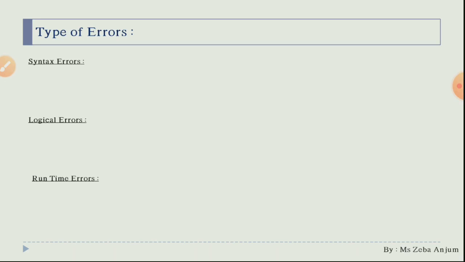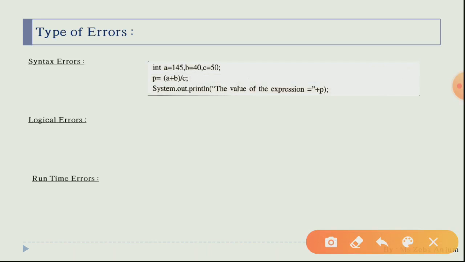Okay, now basically let us see the examples regarding these three. Syntax error means over here see you are having these lines but यहाँ पर आपने p को इनिशियलाइज नहीं किया है. Yes, तो over here आपका क्या होगा, ये एक एरर प्रोवाइड कर देगा आपको and that is basically what your syntax error is. Okay, now try to remember, जब आप अपने प्रैक्टिकल लैब में जाते हो, आप प्रोग्राम को